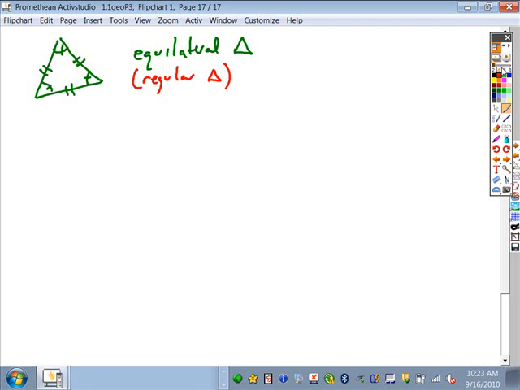Is there such a thing as a regular quadrilateral? A regular quadrilateral has 4 equal angles, 4 equal sides. This is a square. Okay, so that is your regular quadrilateral. So every type of polygon, from 3 sides and on, can be represented as a regular polygon. The higher the number of sides go, the closer that regular polygon begins to look like a circle. And so once you get to like 100, 200 equal sides and equal angle measures,